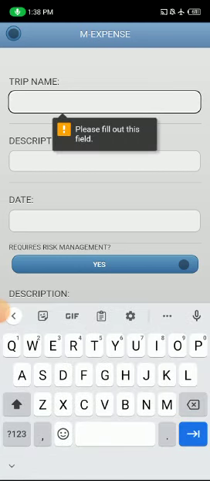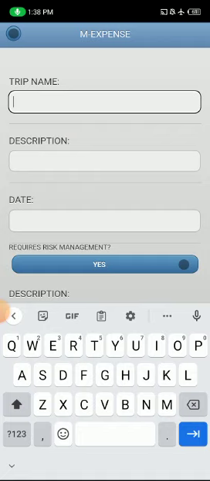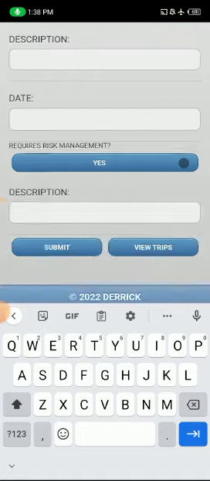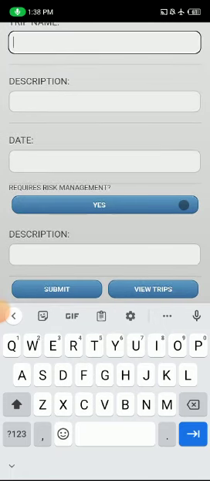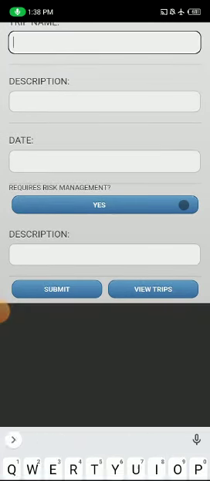Validation was also implemented, as you can see from that pop-up. The required fields are supposed to be filled in, otherwise it can't go any further than that if the user hasn't selected those parameters. Then, of course, for the date, there's